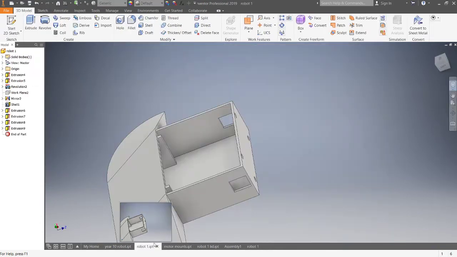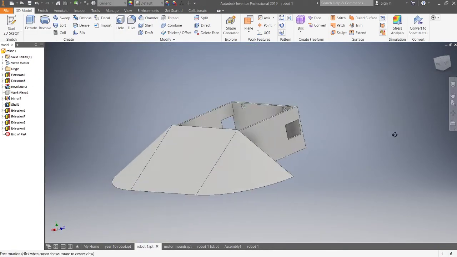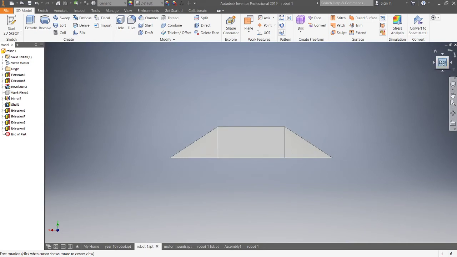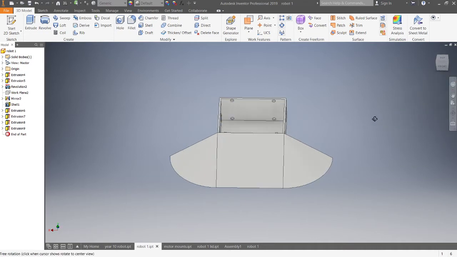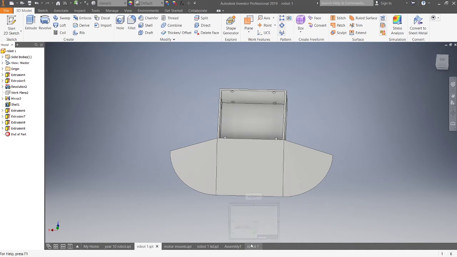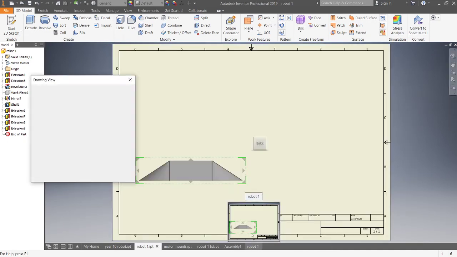Alright, so if you just set this here, click up here, and then just set current view as front. And done. So if we go back to this robot one here,